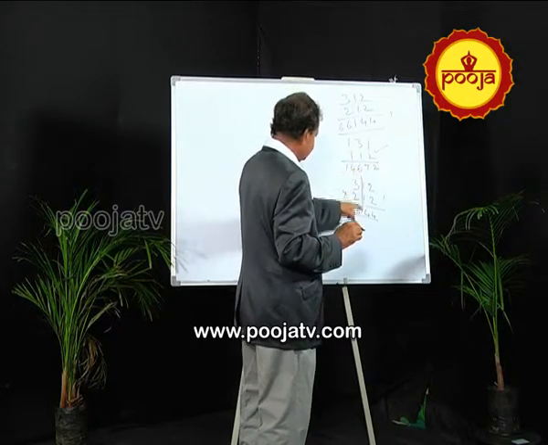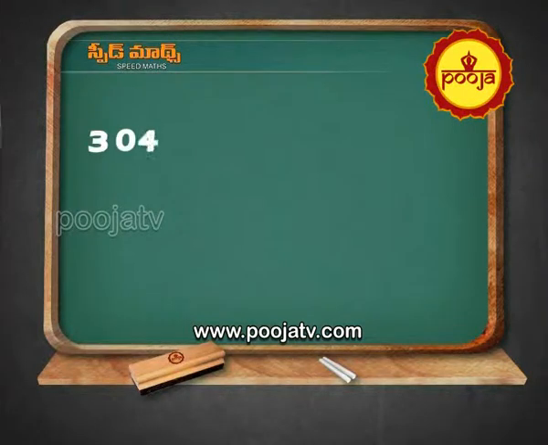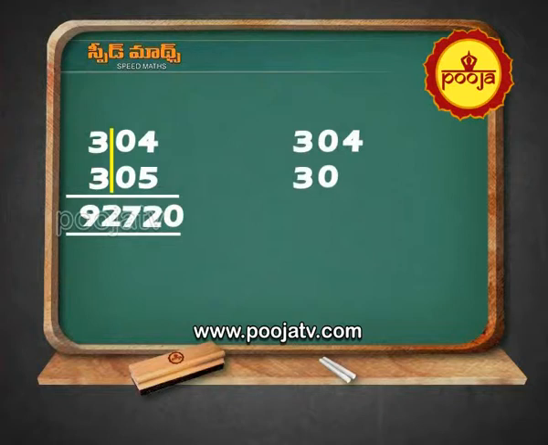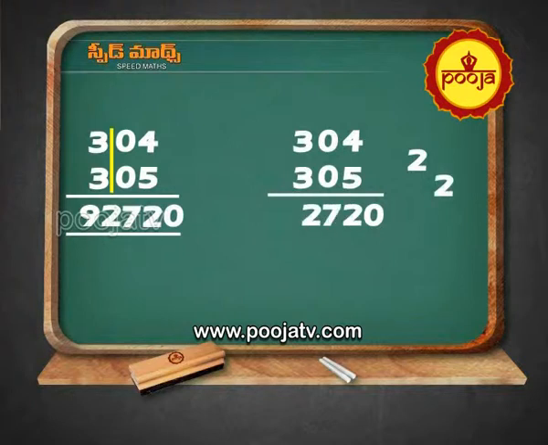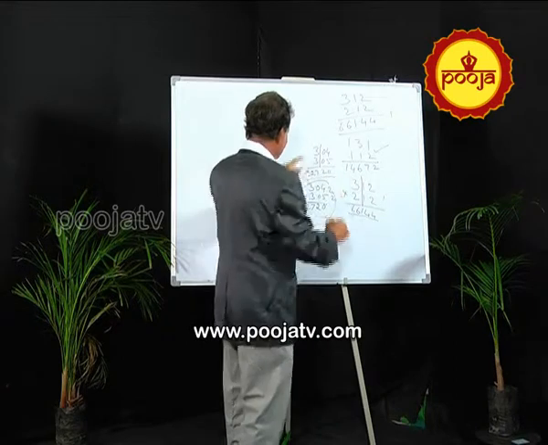But why have I told you all these 3 methods? Because they are easy. Take 304 into 305. Now if you give a slash, 5 fours are 20, 5 threes are 15, 4 threes are 12, 15 plus 12 is 27, 3 threes are 9, over. But if you go for crisscross, it takes some time. Here 5 fours are 20, 0 here, 2 outside, again 0, 5 into 0 is 0, 4 into 0 is 0, 2. 5 threes are 15, 4 threes are 12, 27, 7 here, 2 out, again 0, 0, again 2 will come, 3 threes are 9. But instead of doing all this, if you give a slash, you can do it.